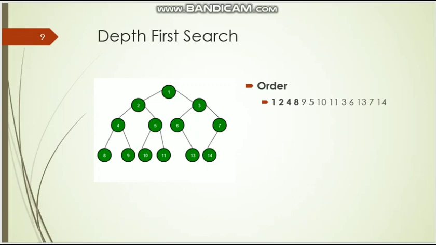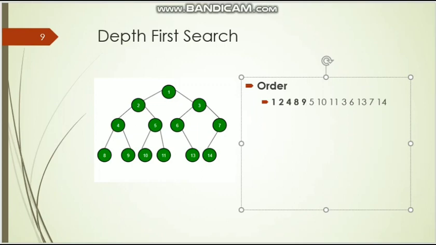So here the connected node is 9. So we are selecting 9. Fine. After 9 also we cannot go further because no further movements are there. Then again we come back to 4. We search for the next node, but no further movements are possible from 4. So we come back to 2. Now from 2, the next node to the right of 4 is 5. So we will go to 5.